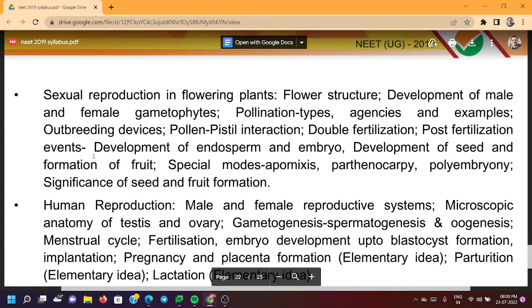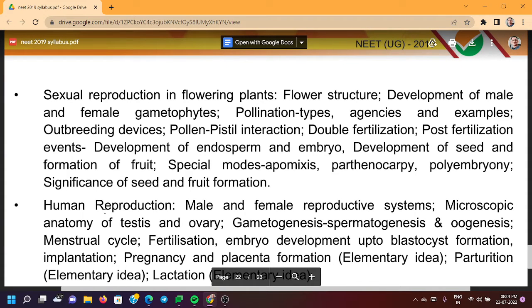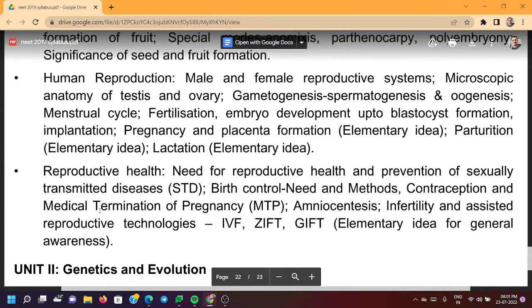Flower structure, development of male and female gametophytes, pollination types, agencies and examples, outbreeding devices, pollen-pistil interaction, double fertilization, post-fertilization events, development of endosperm and embryo, development of seed and formation of fruit, special modes: apomixis, parthenocarpy, polyembryony, significance of seed and fruit formation. Human reproduction: male and female reproductive systems, microscopic anatomy of testis and